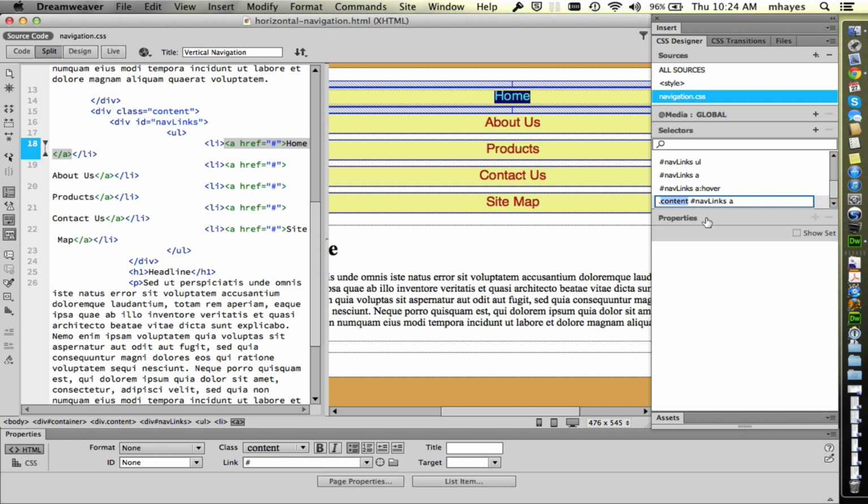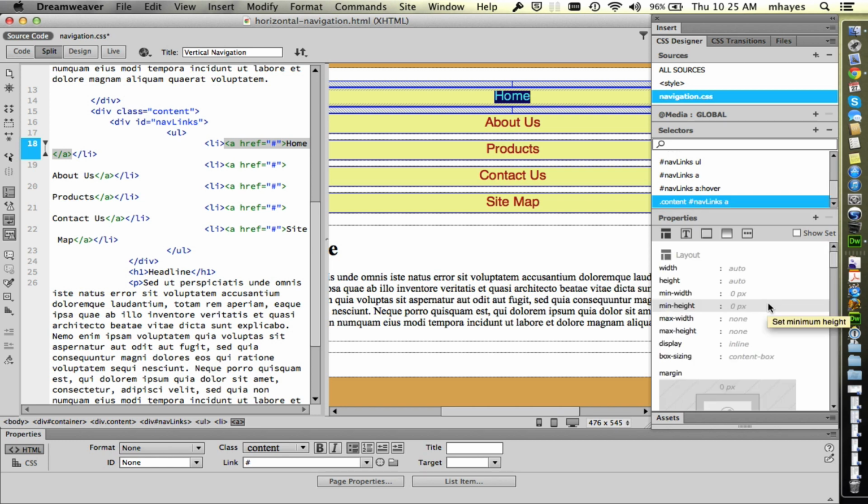So content is my main content area, where before I had them in sidebar. So this is more specific. So this is just any navlinks within my center content area. So that's what I'm going to use for the rule here. I'm going to click down at properties. And the two things I need are I need to establish a width and I need to tell them to